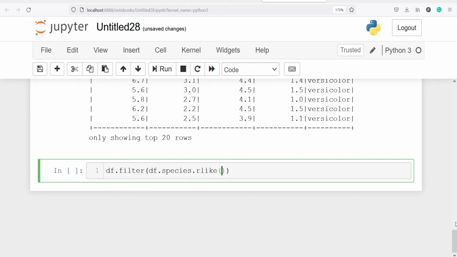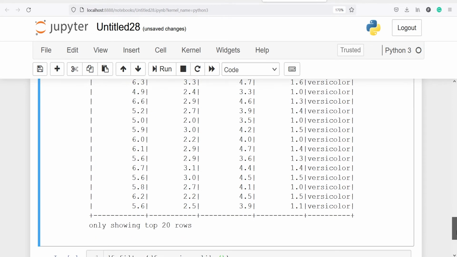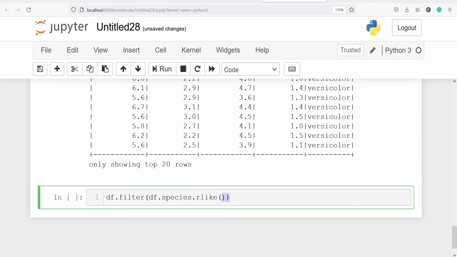And let's say we want to search this category versicolor. I'll just copy the starting four alphabets from here, and here in double quotes I'll paste it, and then I will write the symbol dollar, .show.